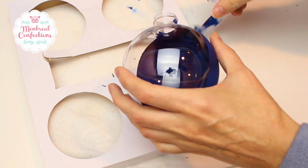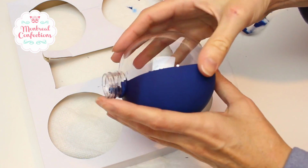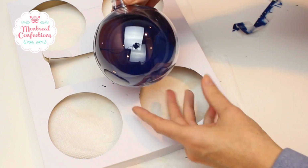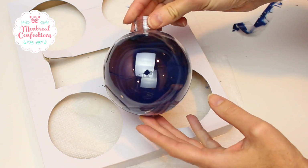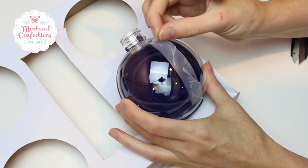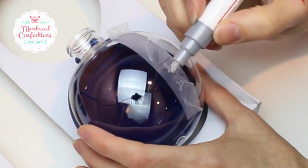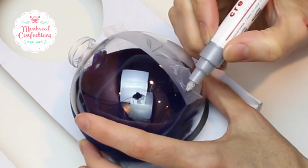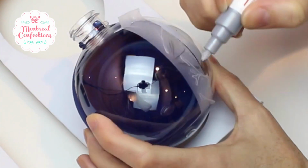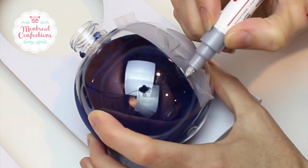There. Just cleaning off any excess paint. There is the nice blue background. I cut 3 pieces of tape all the same length. I even folded the little edge here to remove easy. And now I'm using the marker that they included in the package. And I'm just drawing a guideline on the ornament to know where